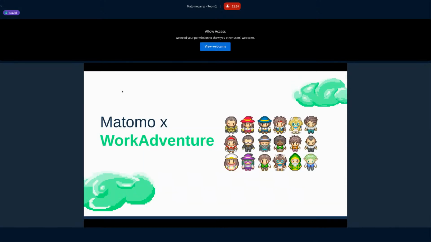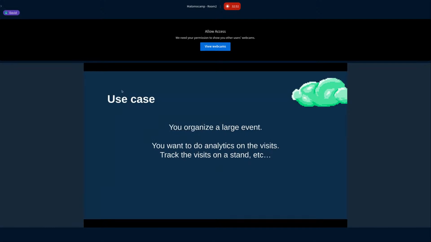Okay, so what can we do with this regarding Matomo? We could take advantage of the scripting API to add some advanced analytics. Let's imagine you are organizing a large event and you want to do some analytics on the visits. Maybe in your event there are a number of stands with sponsors.